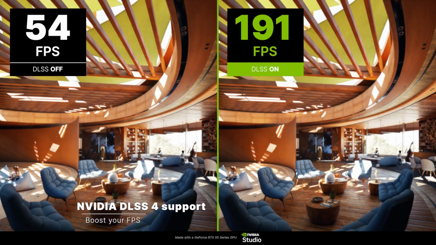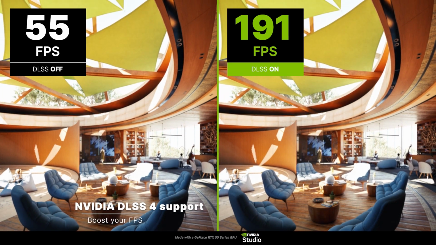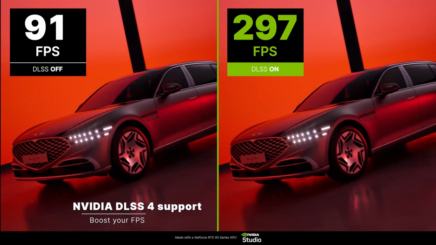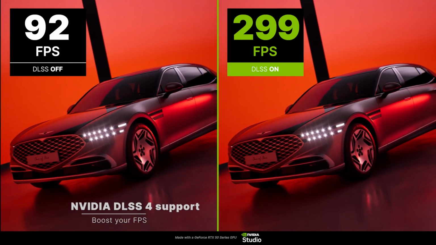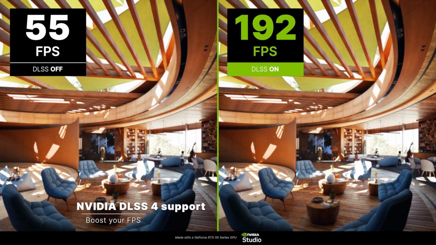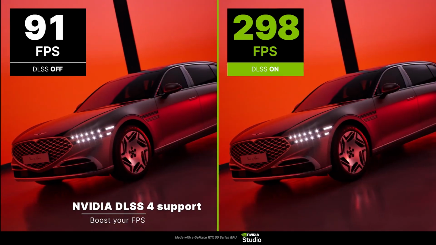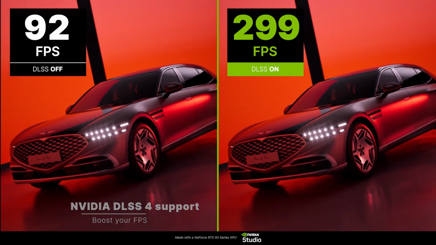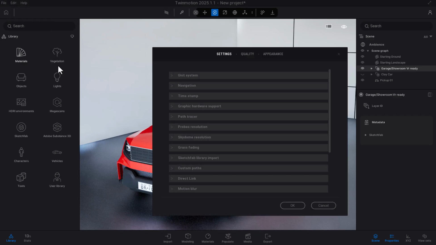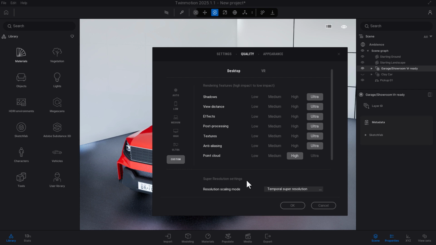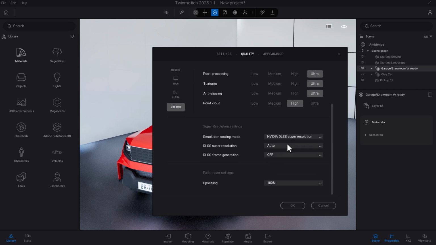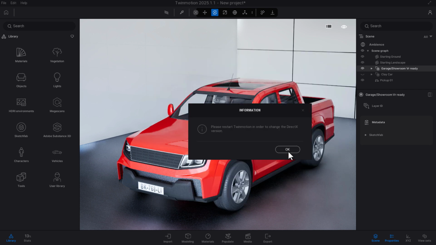Nvidia DLSS 4 support is now available with this new release of Twinmotion, as the support for the latest improvement of Nvidia Series 20 and 50 graphics cards for better performance in Twinmotion is now available. So if you're using any of these cards, you can now simply access the DLSS 4 settings in Twinmotion by going over to the preference panel, navigating to super resolution, and playing with the settings right there. And this new support brings about some interesting improvements which combine multiple features to enhance visuals, improve stability, and boost